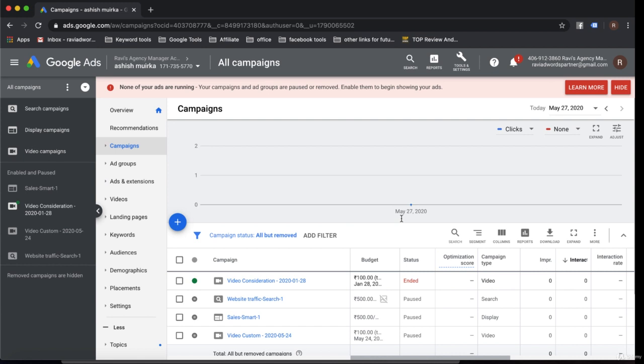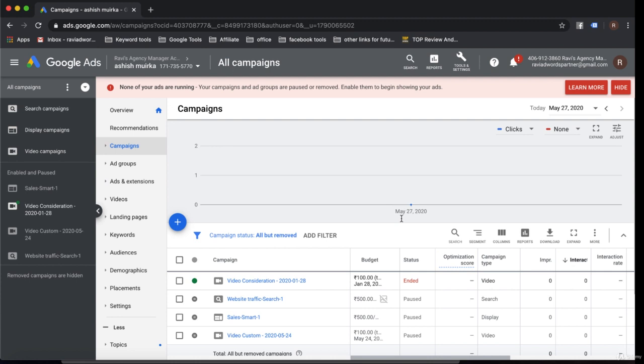There are 4 types of advertising methods in Google advertising, which are search advertising, display network advertising, mobile network advertising, video YouTube advertising, and retargeting as well. We need to differentiate between the advertising methods and campaign types. There are multiple types of campaign, and these are the advertising methods like search, display, remarketing, video, and all these.